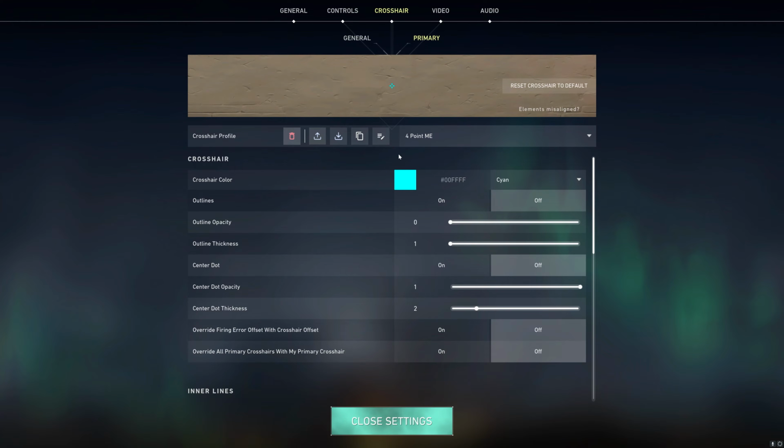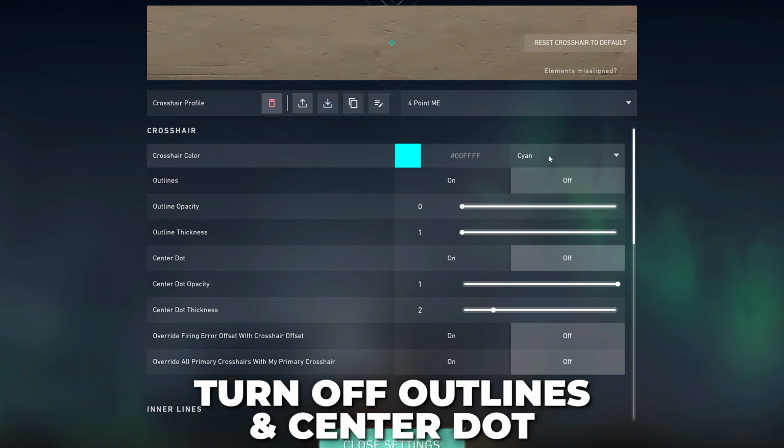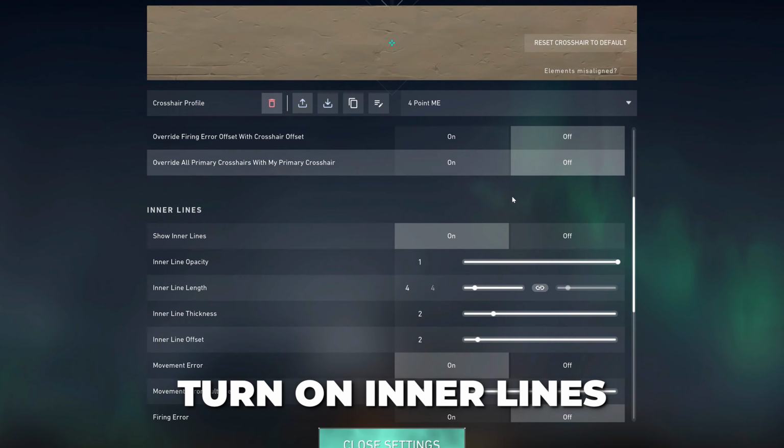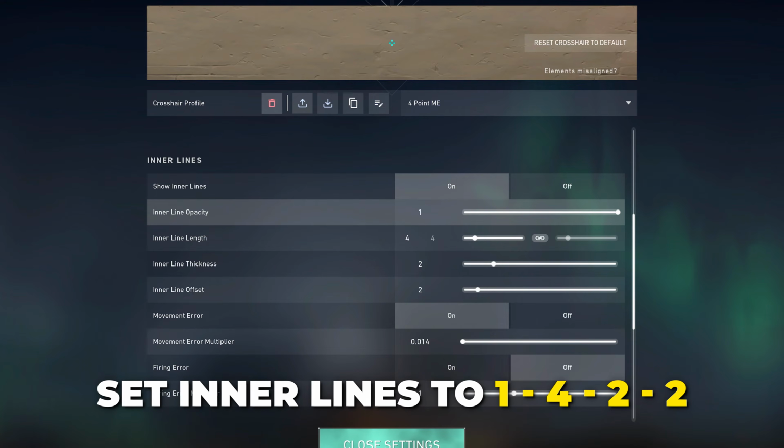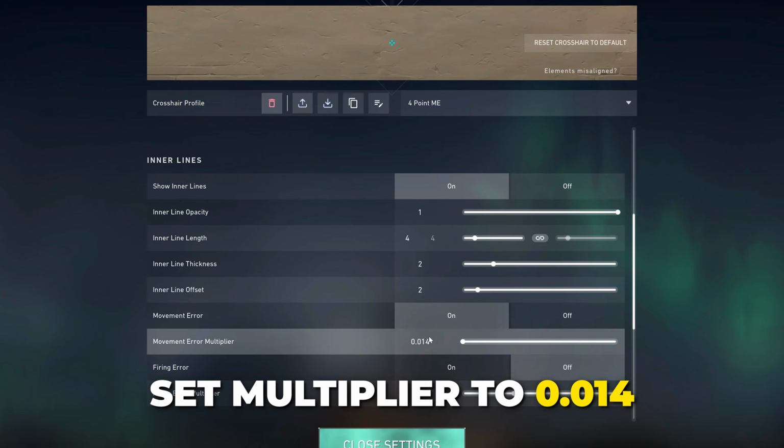In this video, I'll be showing you the best movement error crosshairs in Valorant, with all of the recommended crosshair settings and profile codes. The first crosshair I'll be showing is the standard 4-line crosshair. Turn off outlines and center dot. Turn on inner lines. Set inner lines to 1, 4, 2, 2. Turn on movement error. Set the multiplier to about